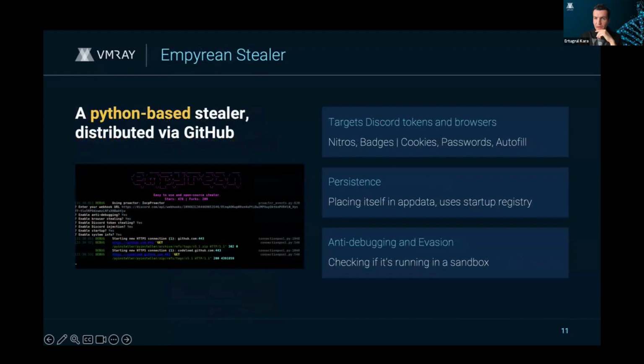So speaking of Python, a Python-based malware brings us to Empyrean. You probably heard of it. It's an open source